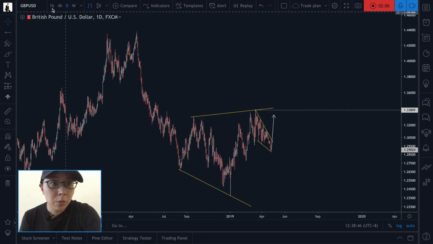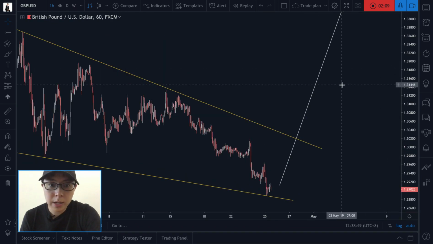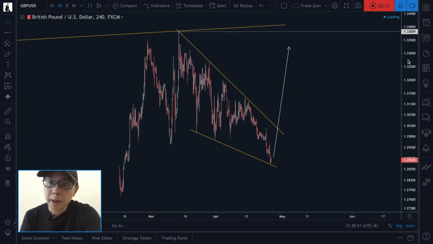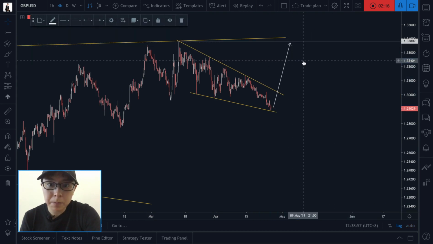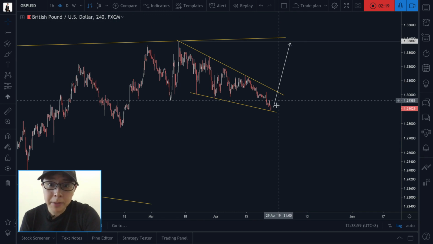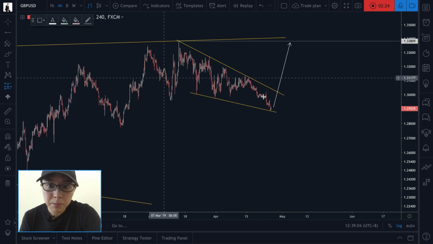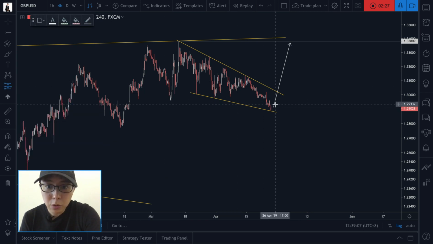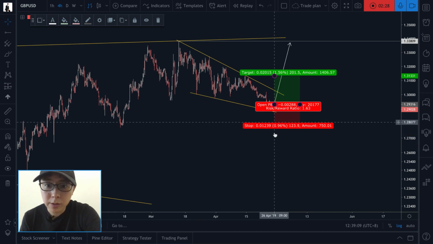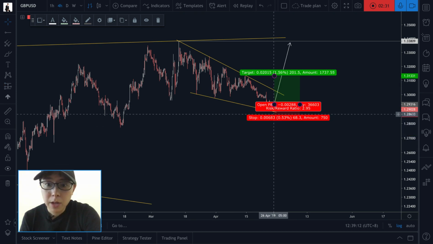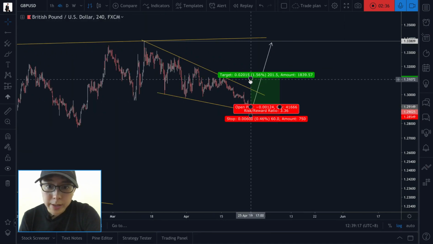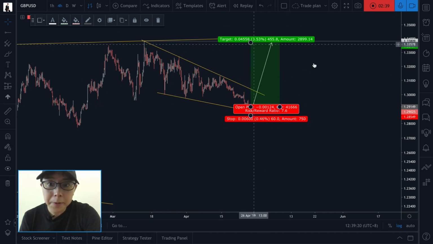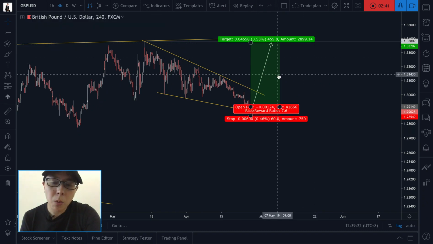Pound dollar. Let's go to the lower time frame. Actually, the 4-hour is much clearer. I've been mentioning that the long term is due to the downside, but short term wise, we might still be able to capitalize on this move up, because we are at the bottom of the structure. If you look at it with a very conservative stop of, let's say, just about 50 pips or so, somewhere lower, you can see that even to this move up here, the risk to reward is somewhere about